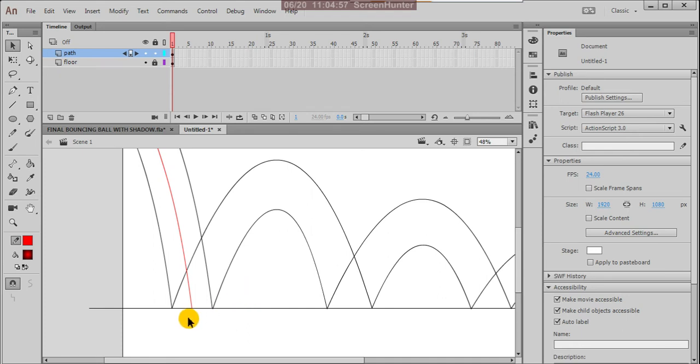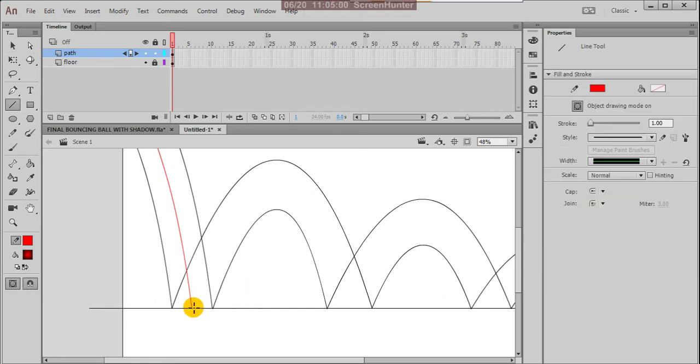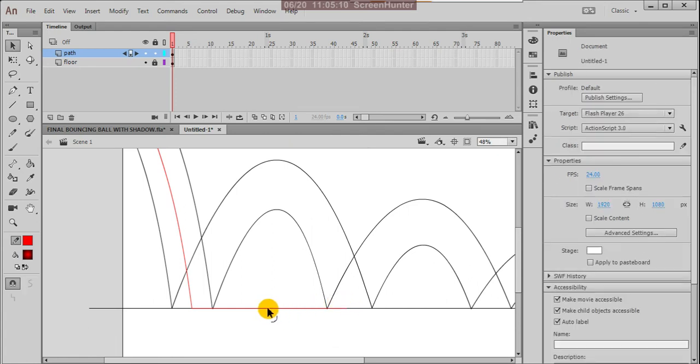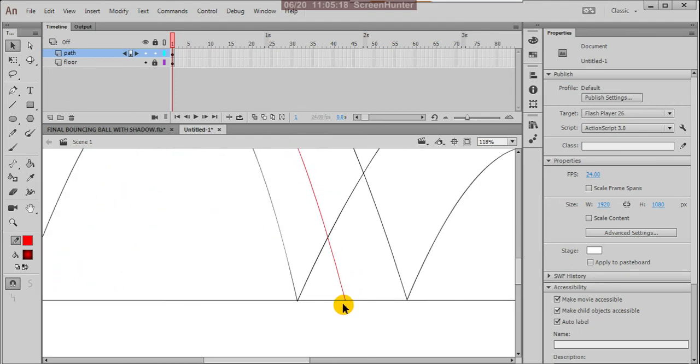Then again draw here one more line to here. Okay, then press V, and you can lift this exactly to the middle.